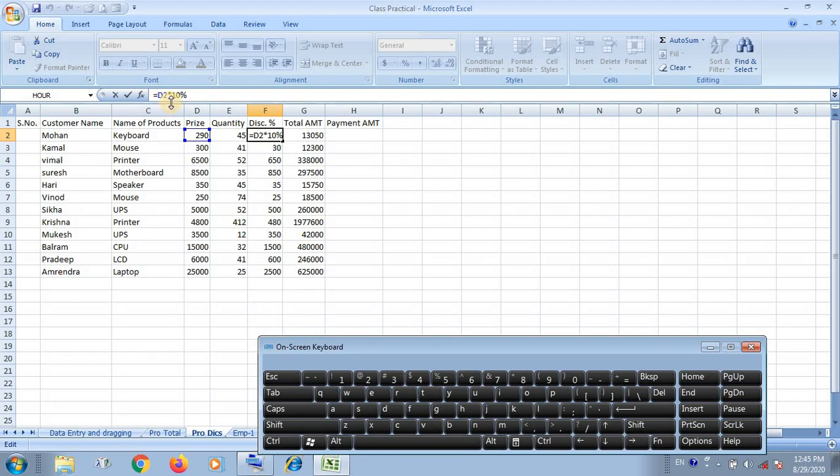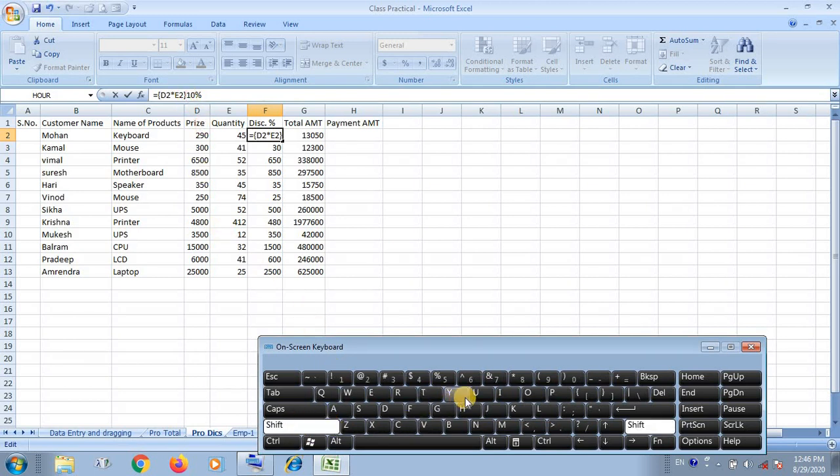You have to change the function by multiplying by this cell address, the quantity also, and use the star sign by first closing the bracket. Hold shift and press this bracket and this bracket. Again hold the shift key and press this bracket.